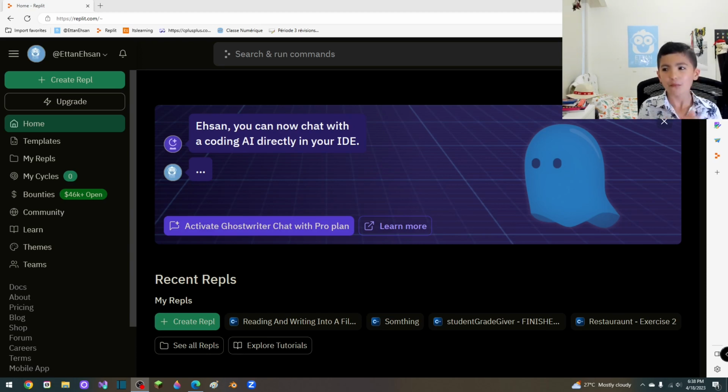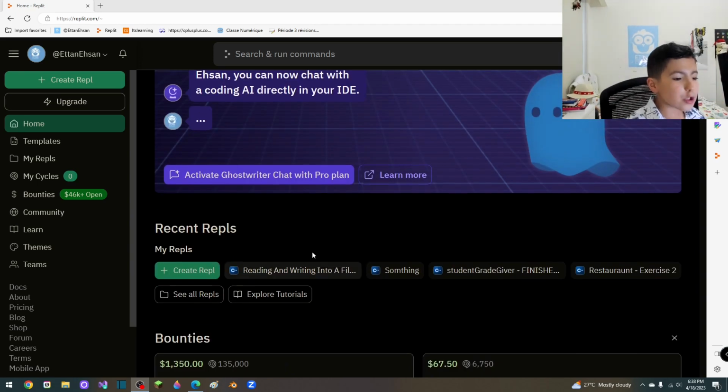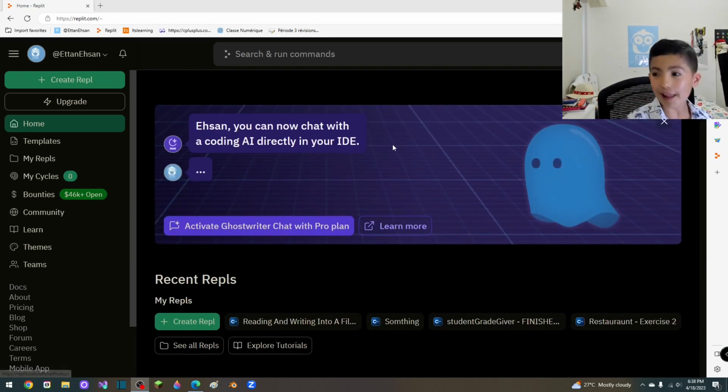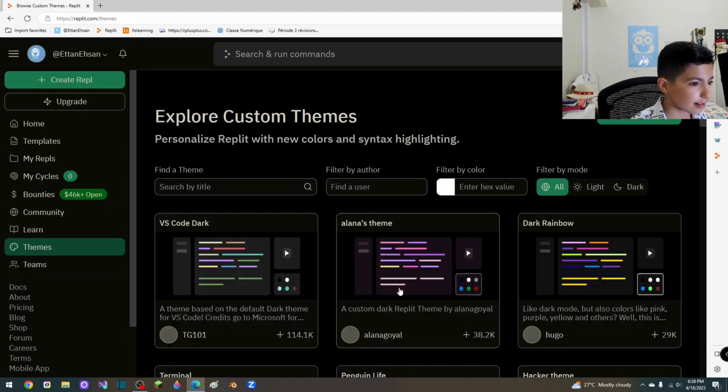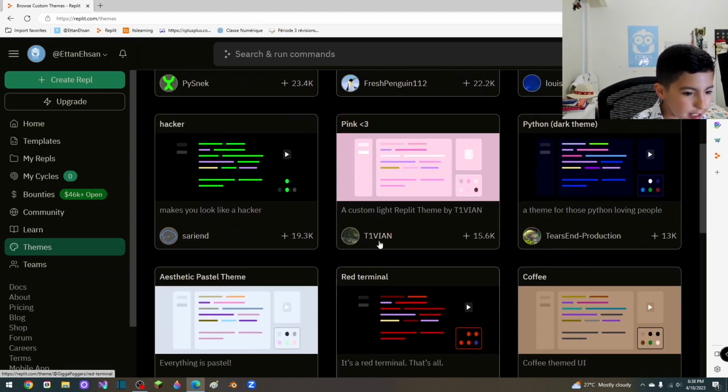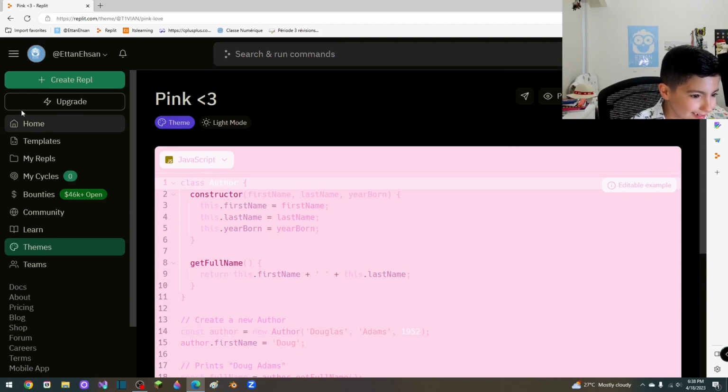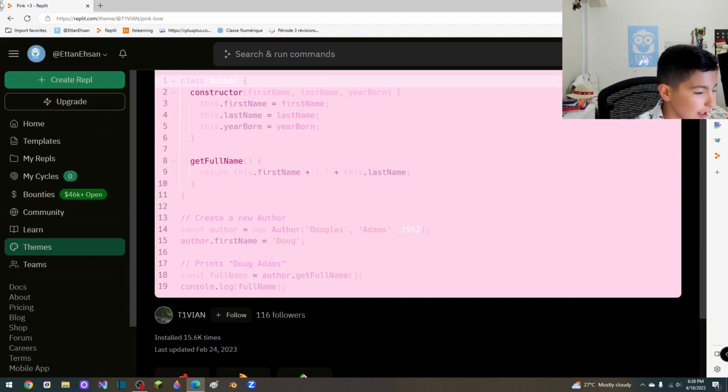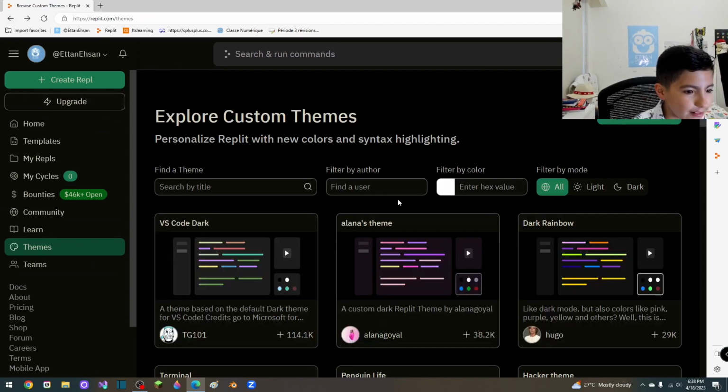Sorry. So, now let's go to the thing that I learned that was new. As you can see here, it's all black, right? But usually it was white, it hurts the eyes, right? So here, if we go in themes, we have many types. We have pink, that would hurt the eyes, for example. You can see the author, that would be the person that made it, then light, dark, all, the color, the hex value, like